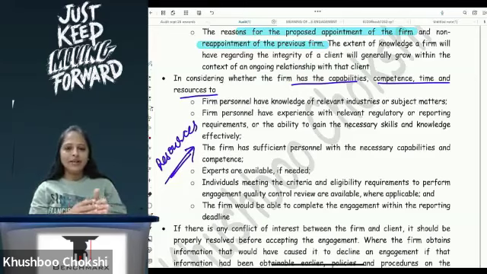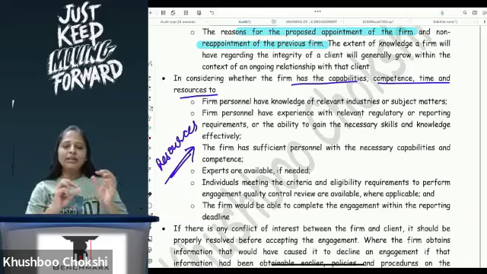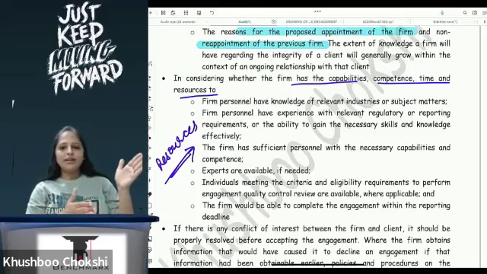But at the same time, internally you also see whether you are understanding that industry or not. You have the necessary resources, you have the necessary infrastructure to cater to that client. If you don't have, then don't accept the client, because then it doesn't make sense. And that is why you see CA firms who have the expertise. So people who are dealing in Flipkart, Snapdeal, Amazon, they will all have e-commerce clients only.